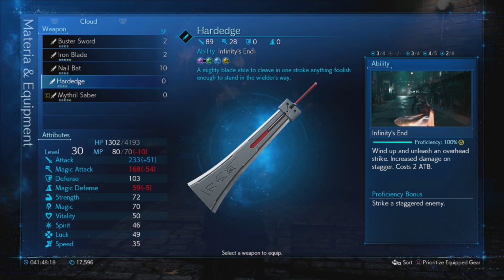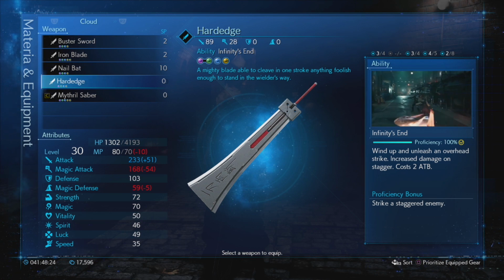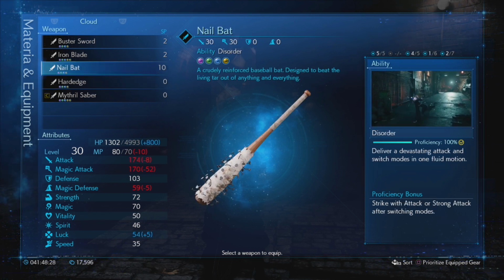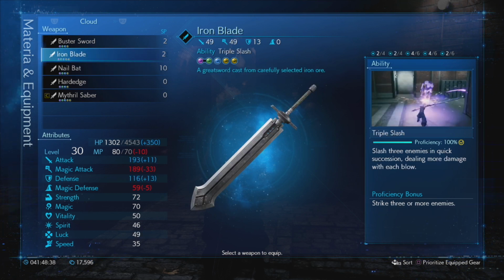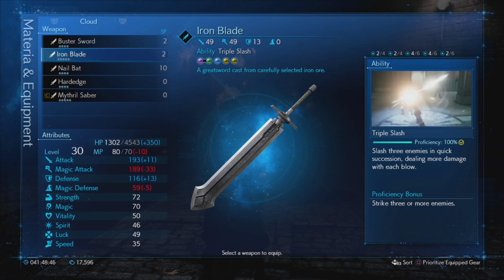So Hard Edge has minus 10 MP, plus 51 attack, minus 54 magic attack, minus 5 magic defense. So overall, not worth it in my mind. Nail Bat has plus 800 HP, but minus 10 MP, minus 8 attack, minus 52 magic attack, minus 5 magic defense, and plus 5 luck. Very much so not worth it in my mind. Iron Blade has plus 350 HP, minus 10 MP, plus 11 attack, minus 33 magic attack, plus 13 defense, minus 5 magic defense. So basically,